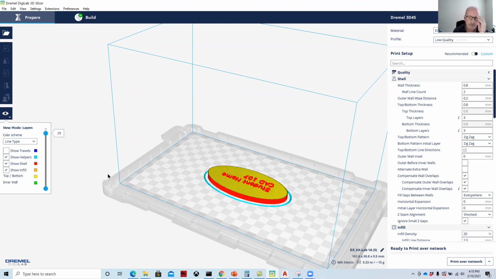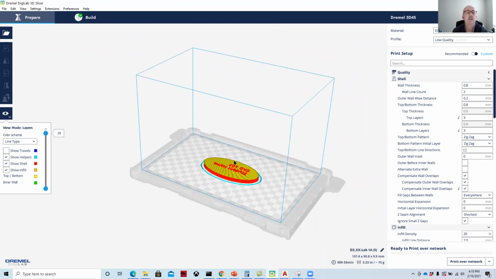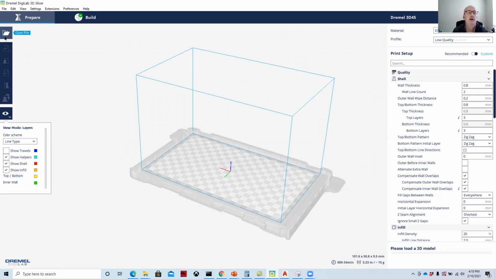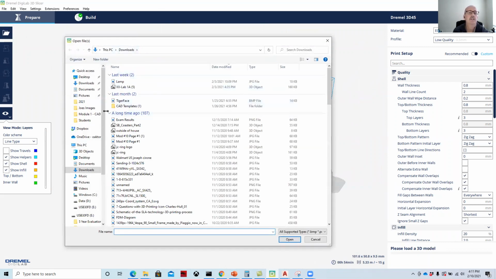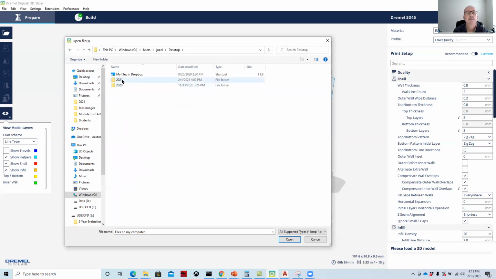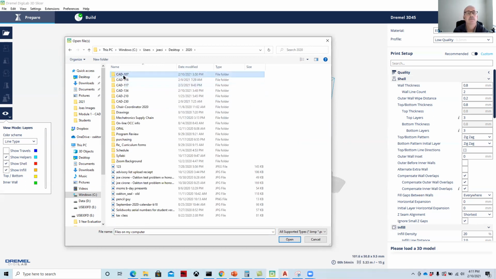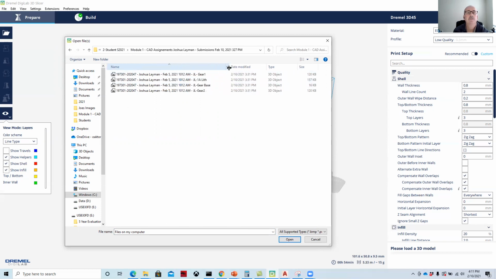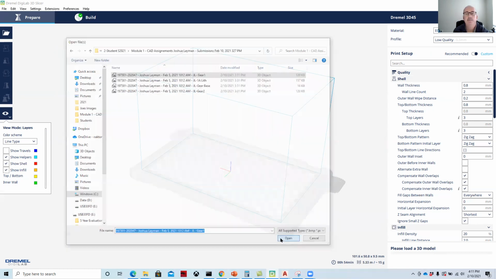As we look at these files, if I want to start a new one, I'm just going to delete the other one off. And then I'm going to open up one of the student files from last week. I have a number of these files here from one of the students with the gear and the gear base. And so if I open that file up,